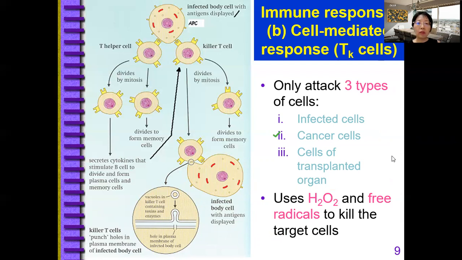Unless the cells of the immune system are not working properly, then the cancer cell may actually continue to grow. So you have to think of what conditions are needed for cells in the body to be healthy and working in optimum condition. Probably it needs enough oxygen. It needs an optimum temperature. It needs an optimum pH. So usually